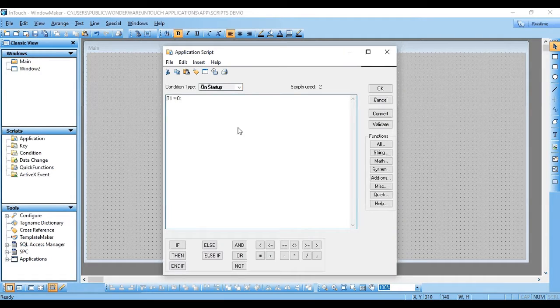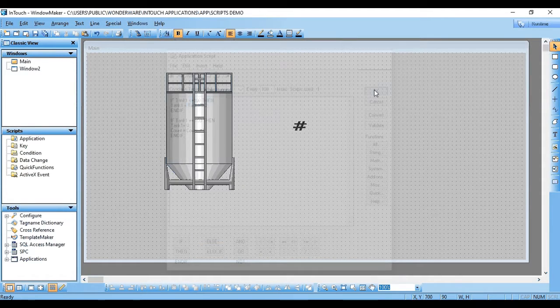Just double click on application and paste it here. So I have moved the entire script from the window to the application script. You will also see what the advantage of doing that is. The script is the same, I'm just clicking OK.